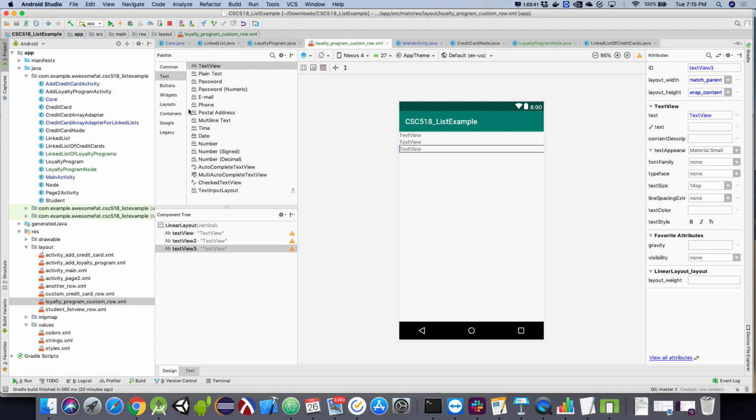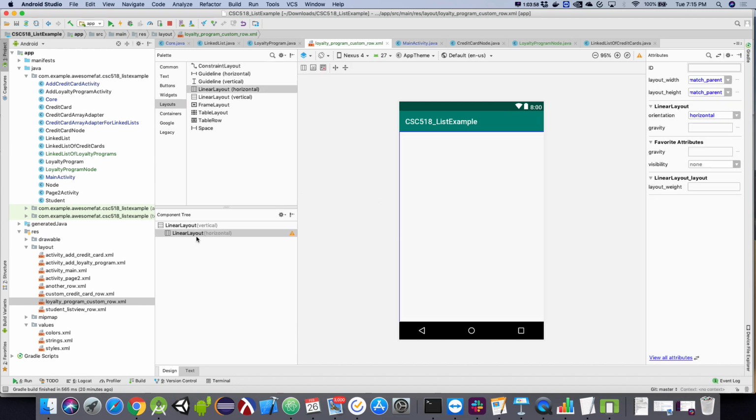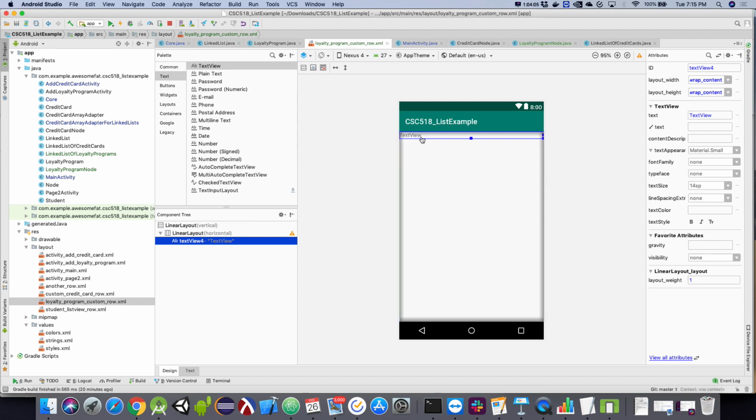And then we actually probably want to label those guys. So I'm just going to do this. I'm going to create a horizontal linear layout. Throw that in there. Then I'll put a text view in there and another text view in there. We'll make the first text view say program name,